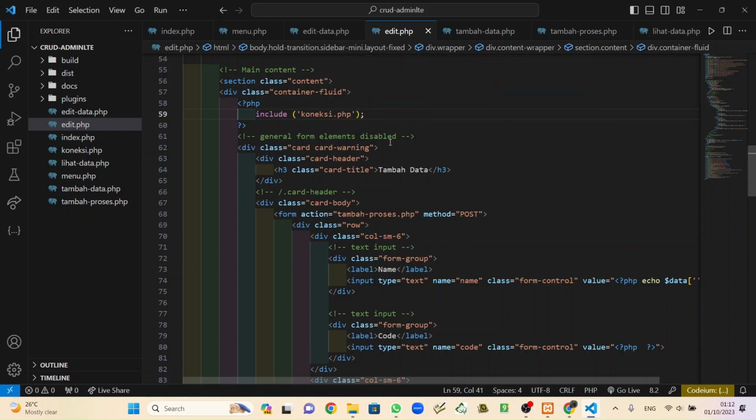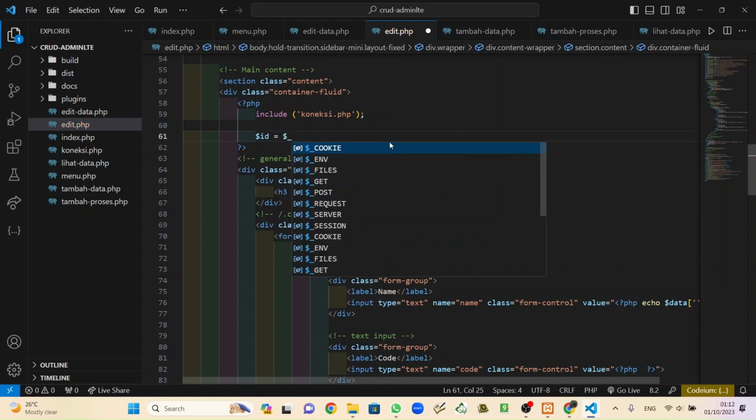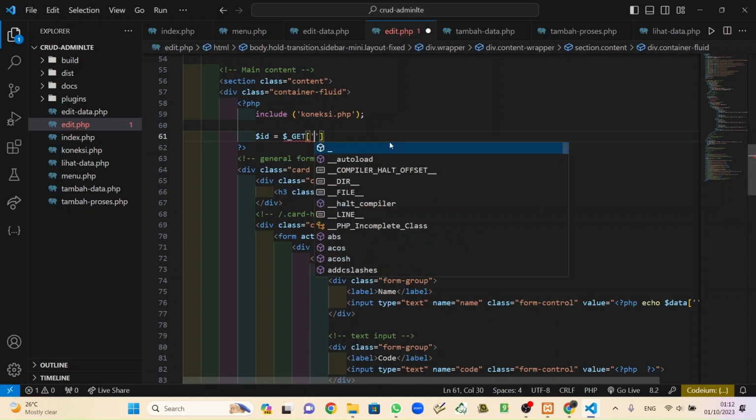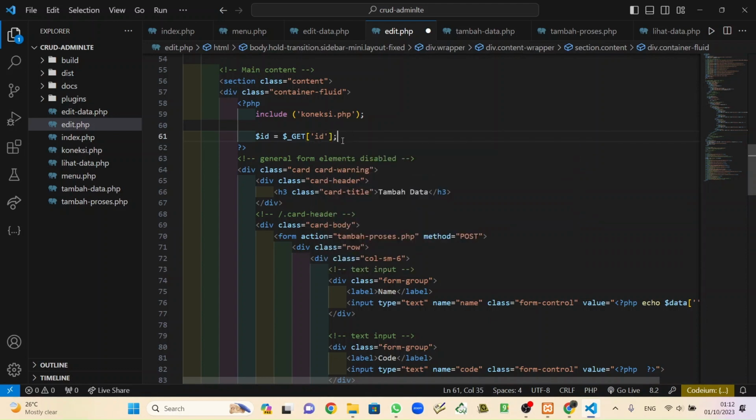Okay, save, and then ID get from URL. So the get function will get the id, like the function name, from the URL that's given from edit data, and the URL is id. Okay, get id from URL.